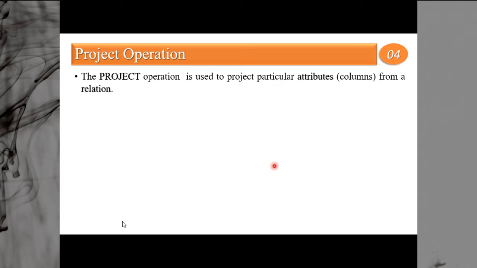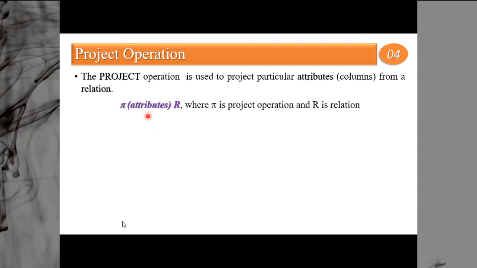Vertical selection like this. Say we are having n number of columns in a relation, but we don't want to select all the columns, but we want to select a few columns. Just take an example. Say I don't want the details of the student, select star, that is details. What I want is the name and city of the student. So how am I writing the query? Select name comma city from student. This name comma city, the select list I am providing, that is your projection, that is your project.